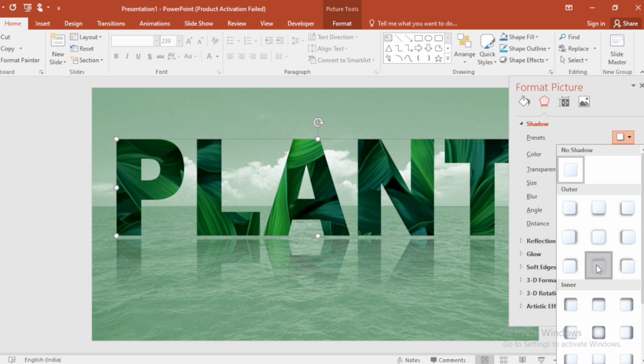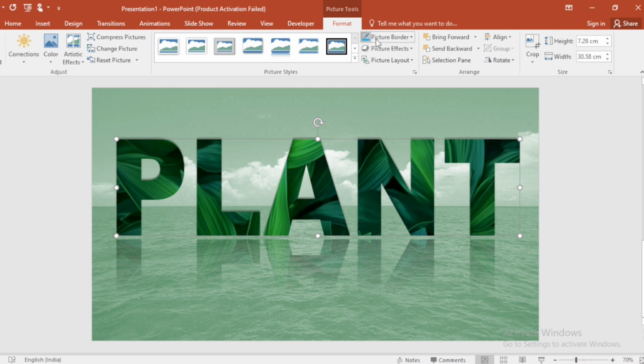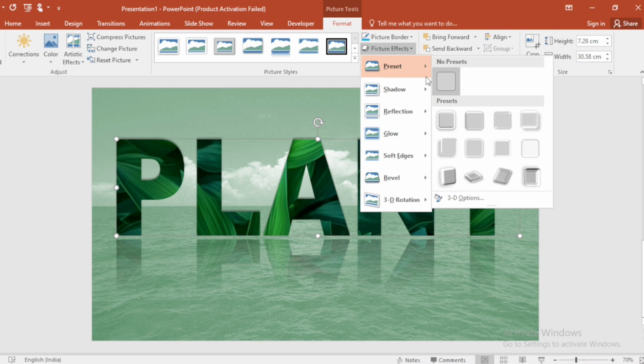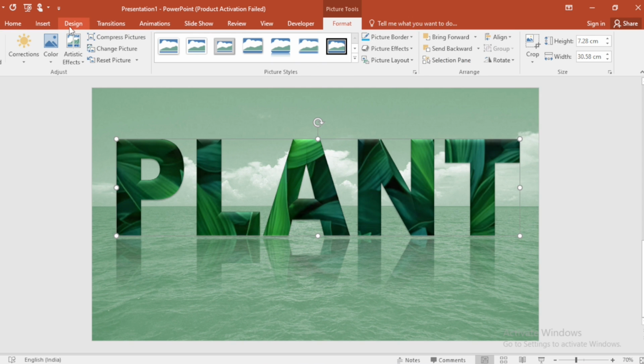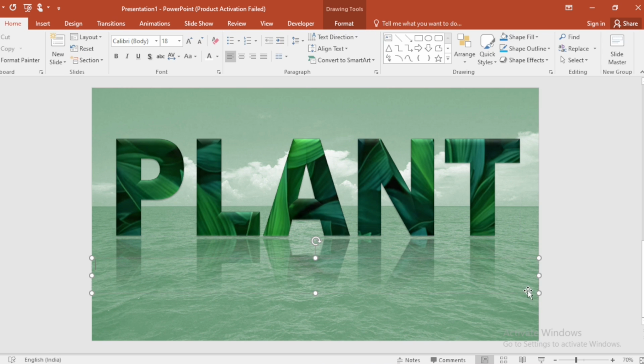Select Shadow. Go to Format, select from Picture Effects, go to Insert tab and here we write